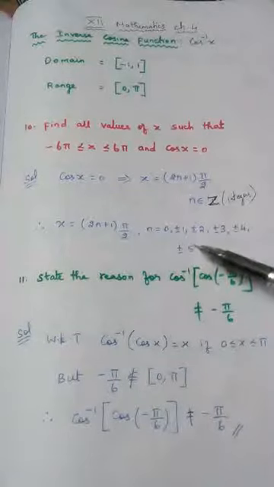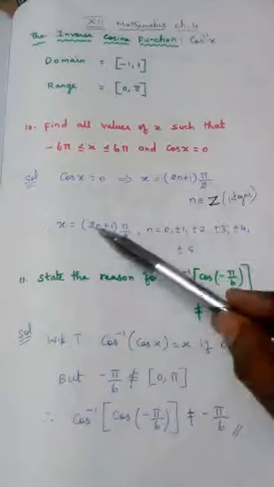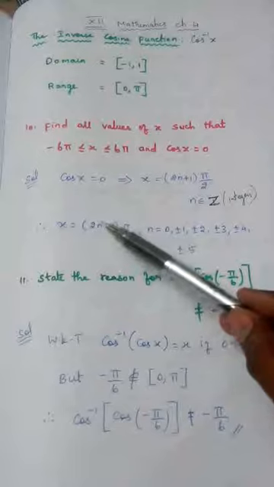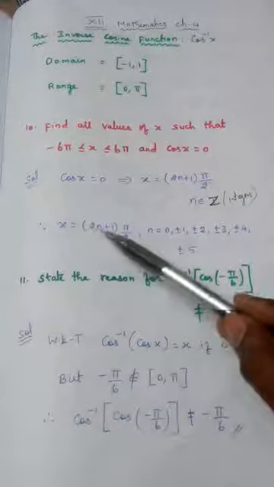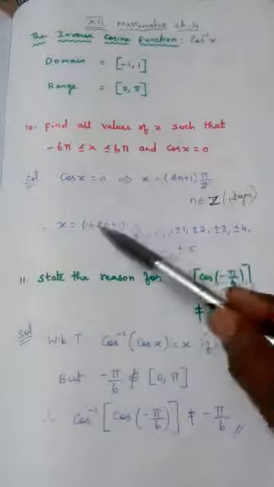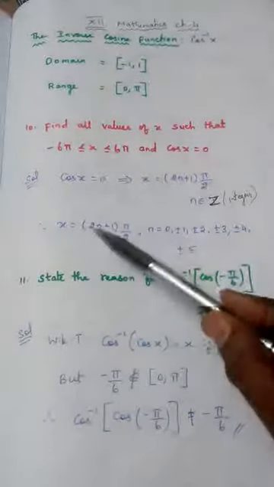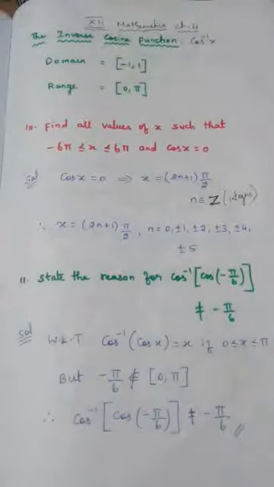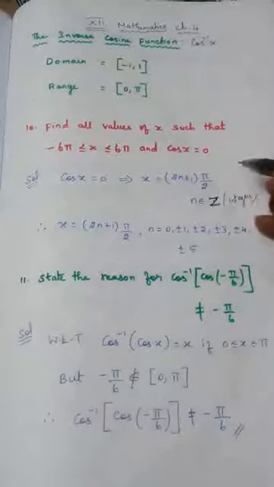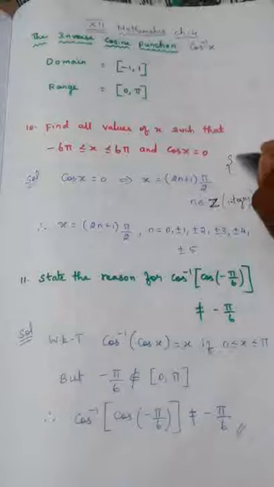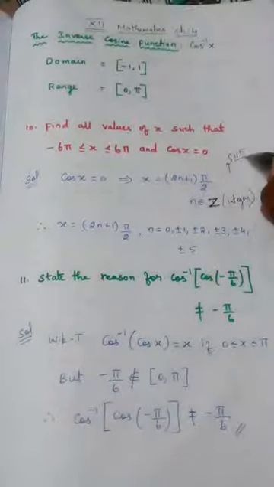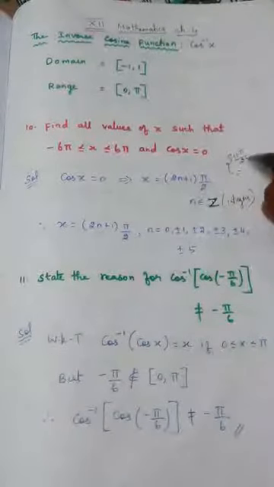The reason is, if I substitute 5 in place of n, what happens? 2 into 5, 2 5s are 10, 10 plus 1, 11, so 11 pi by 2. What is the meaning of 11 pi by 2? Should I write in the rough column? 11 pi by 2. The meaning is, if I cancel 2 and